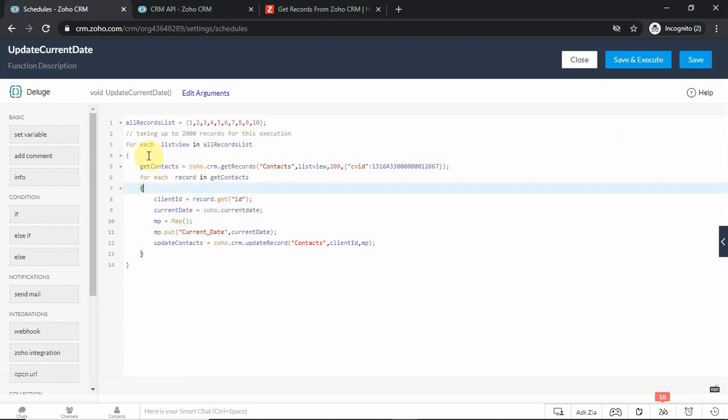If you have less than 200 records, then you can simply skip this part, which is maintaining the list. You don't need to maintain a list because your records are less than 200, and you are defining that this is my list view, and these are the number of records you are trying to fetch. That will work in that case, and you can define here just one as the number of list view. So in this list view, I will be just taking the first page where I have 200 records.